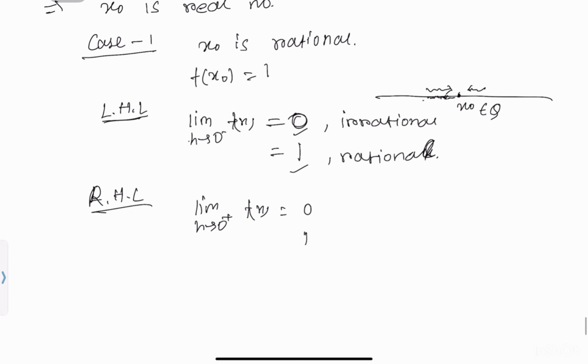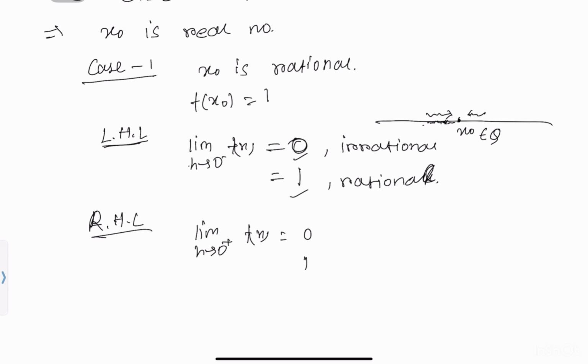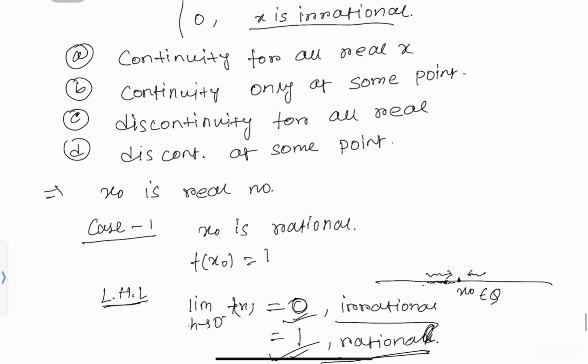Same way, take case 2, x naught is an irrational number. Same way you can find a contradiction. That means you cannot approach some fixed point. Whenever x is irrational, you are going to 0. When x is rational, then you are going to 1. That means they are oscillating between 0 and 1, not a particular fixed point. So that's why this function